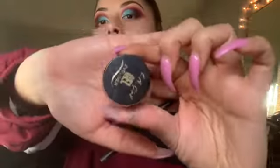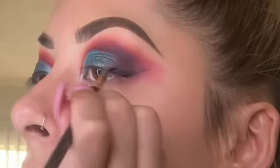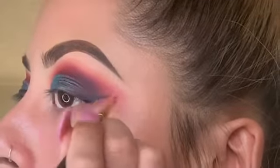We're gonna hop into the eyeliner, and what I like to use is the LA Girl gel eyeliner in jet black, and I like to use a liner brush. Before I put my mascara on, we're using the Maybelline Lash Sensational mascara. We're gonna put it on the